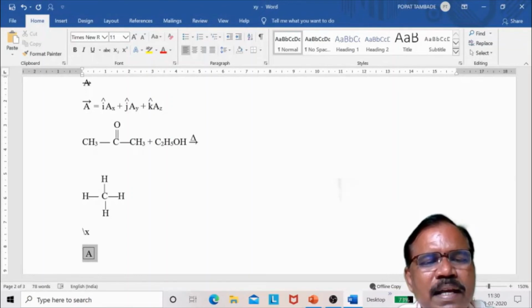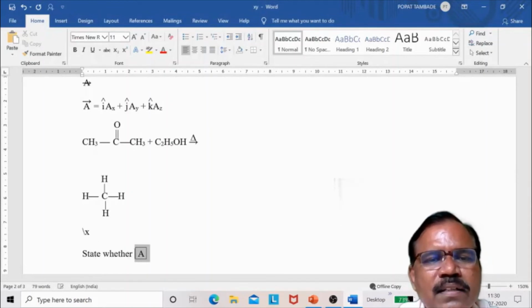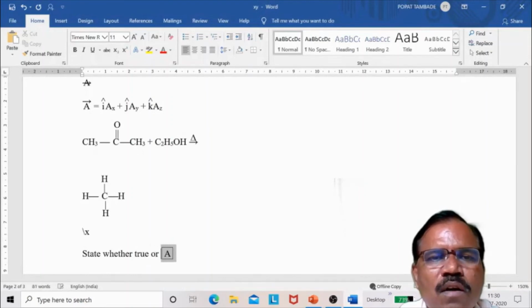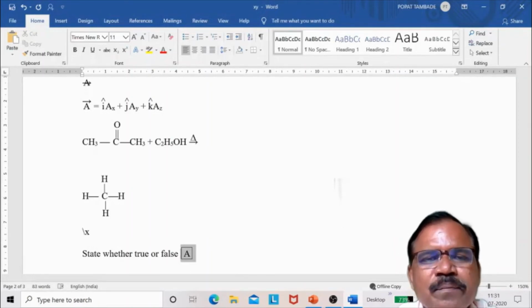So shift F9. So I can see here state whether true or false, and your student has to tick in that bracket box, T or F, whatever.